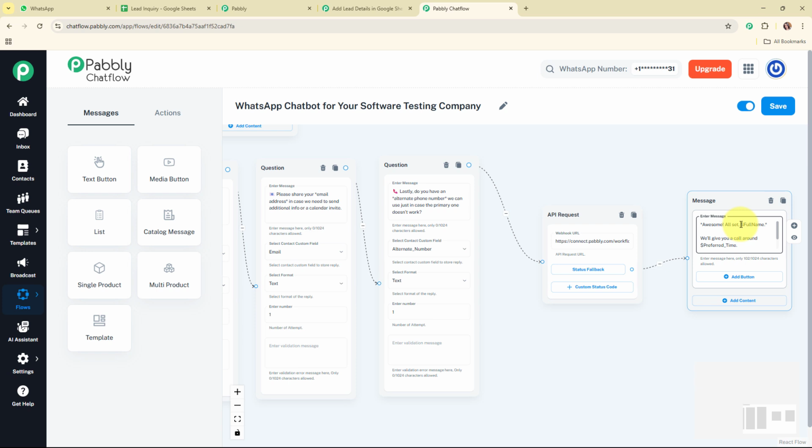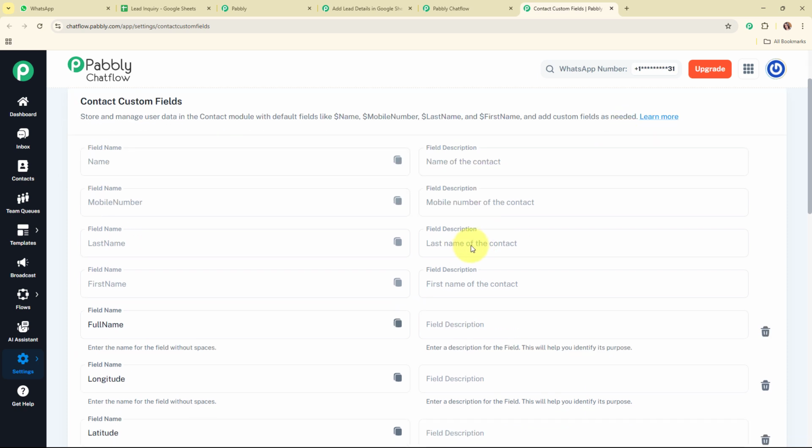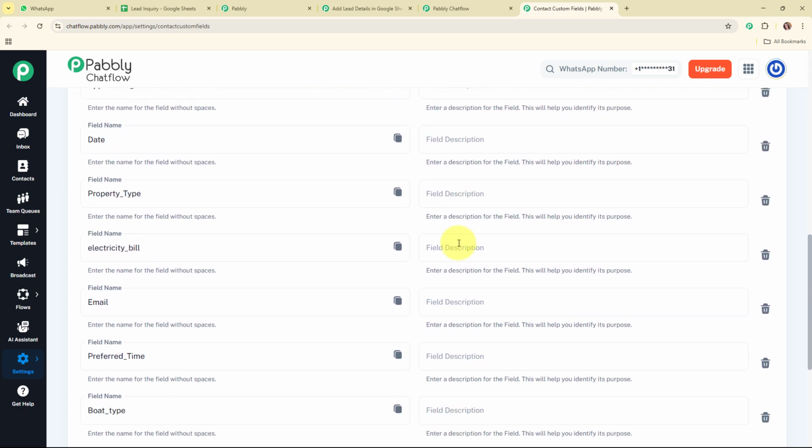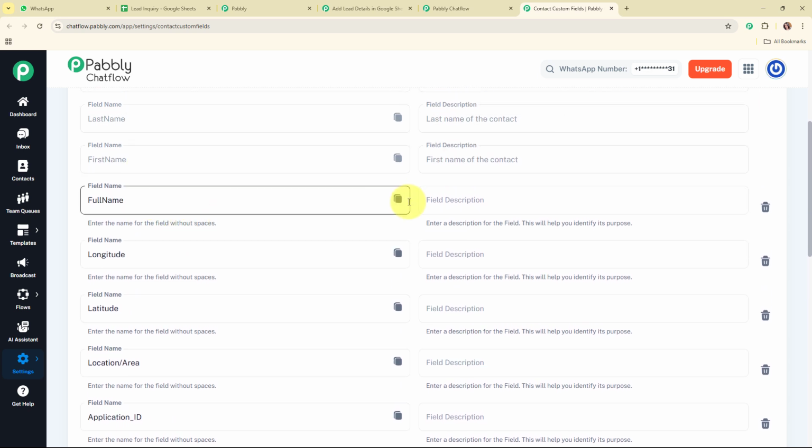So basically these are the formats that I've added over here to capture the values for the specific contact custom field. So now the question arises: from where are we going to get this format? For that, you need to click on this contact custom fields, and then I'm going to open it in a new tab. And now in this contact custom fields, you can see all the fields over here. Let's suppose that I have used it for the full name. So here you need to copy this full name, field name, copy name over here.